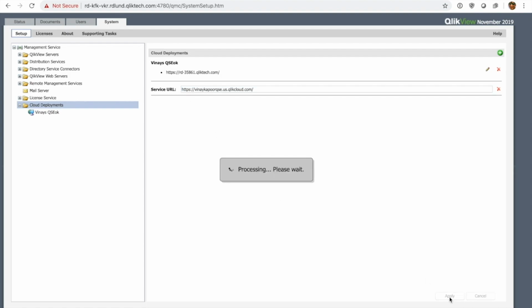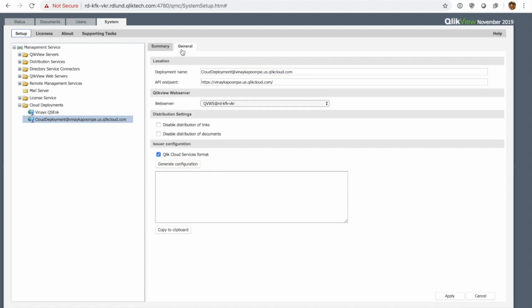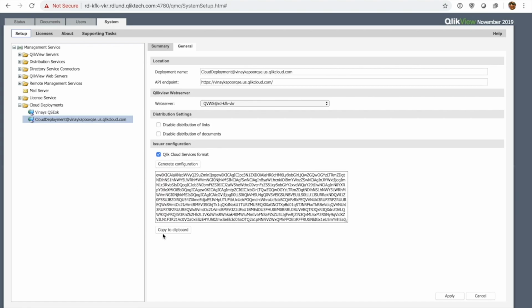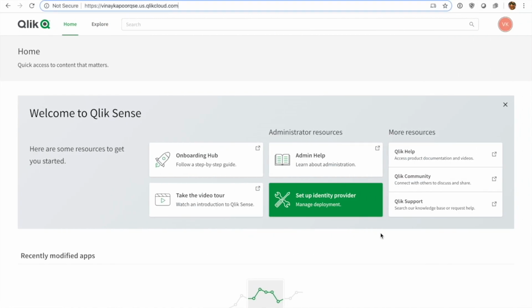I hit apply, and now I'm ready to copy over the configuration to QCS. There's really not much to configure here. I can hit this ClickView cloud services configuration. I hit the generate configuration button, get the signature, copy that to clipboard using that button, and that's pretty much it, right? I'm done here. Hit apply.